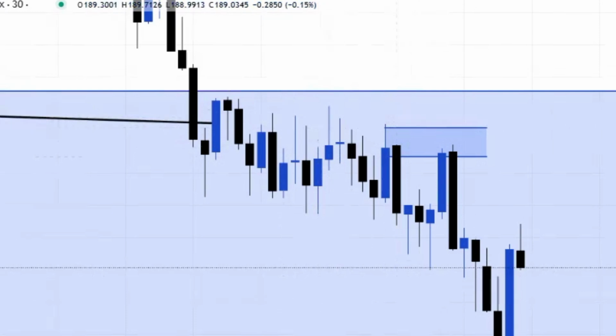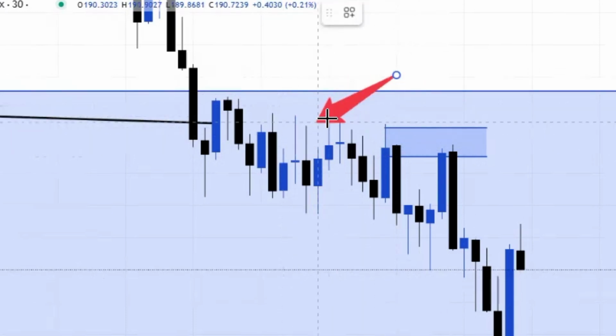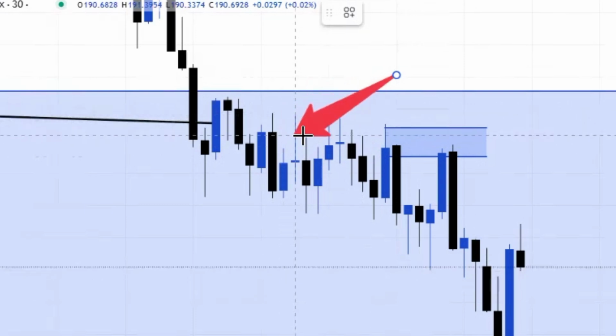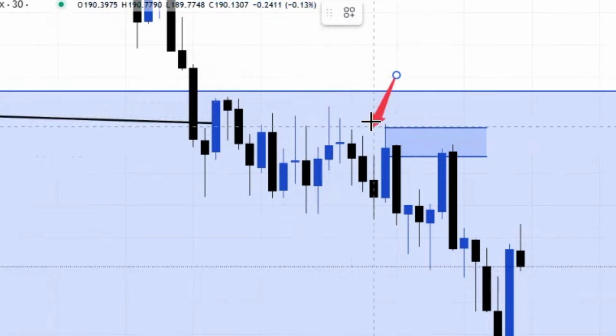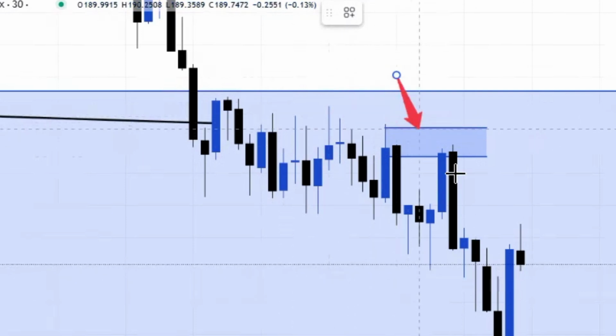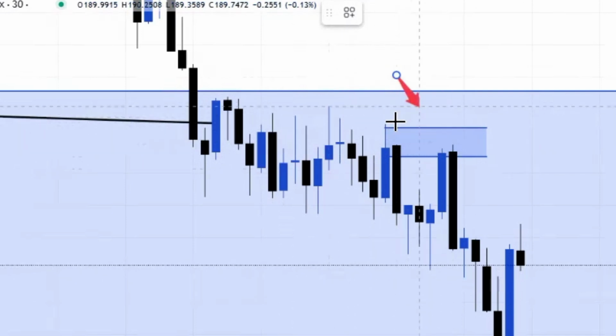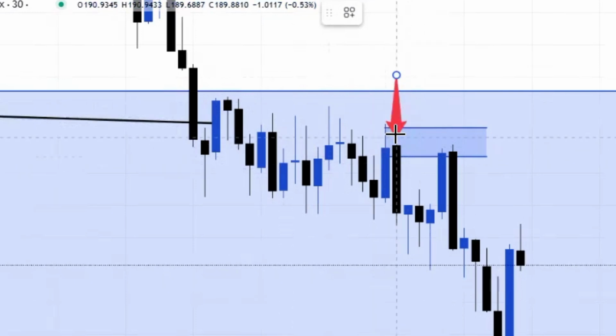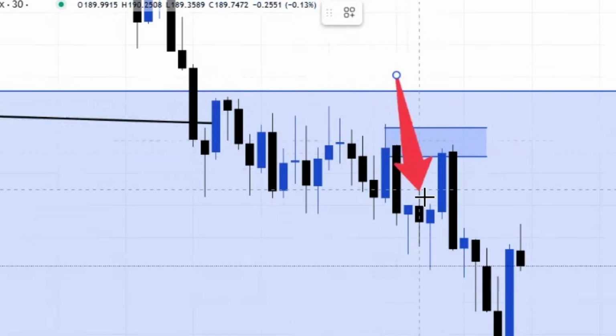So price was actually rejecting at all this place here. You can see rejections of price. So price was actually rejecting here, telling us that sellers still want to push this market down. And obviously you saw that after the market came to this place here, it made a pullback and came